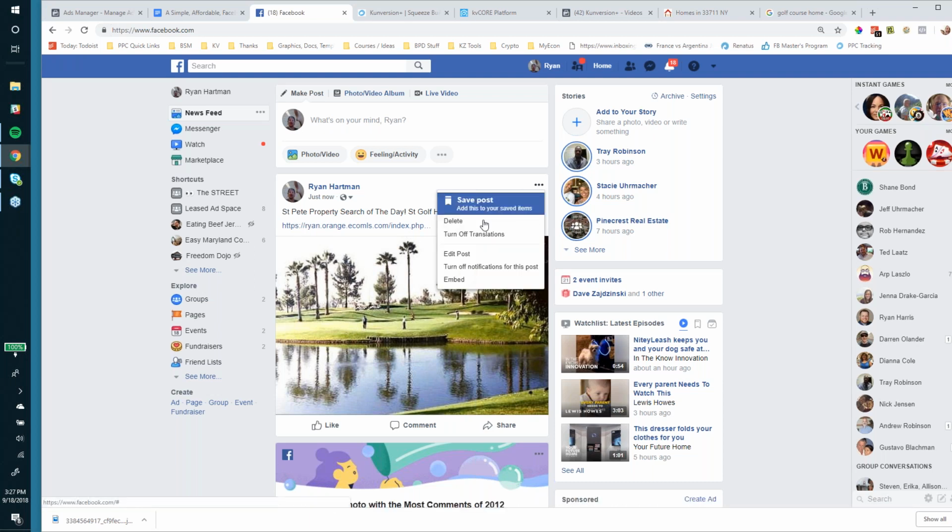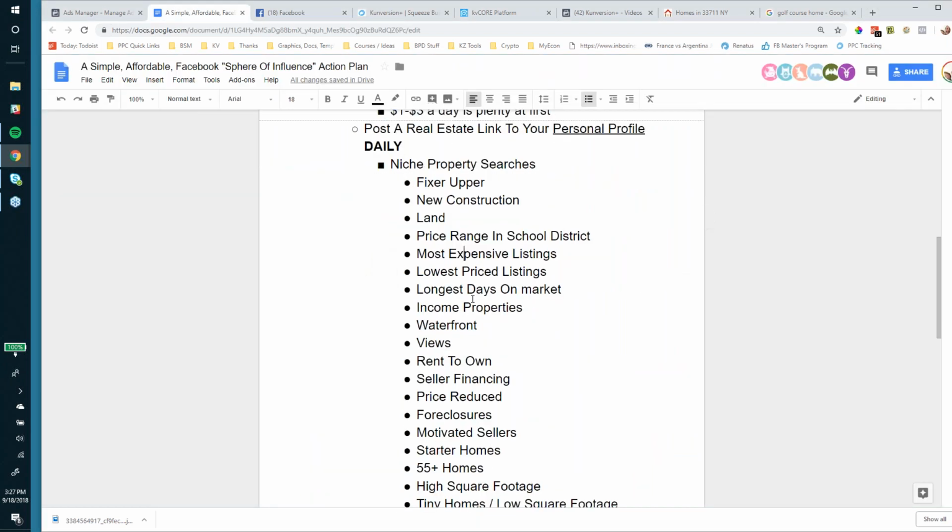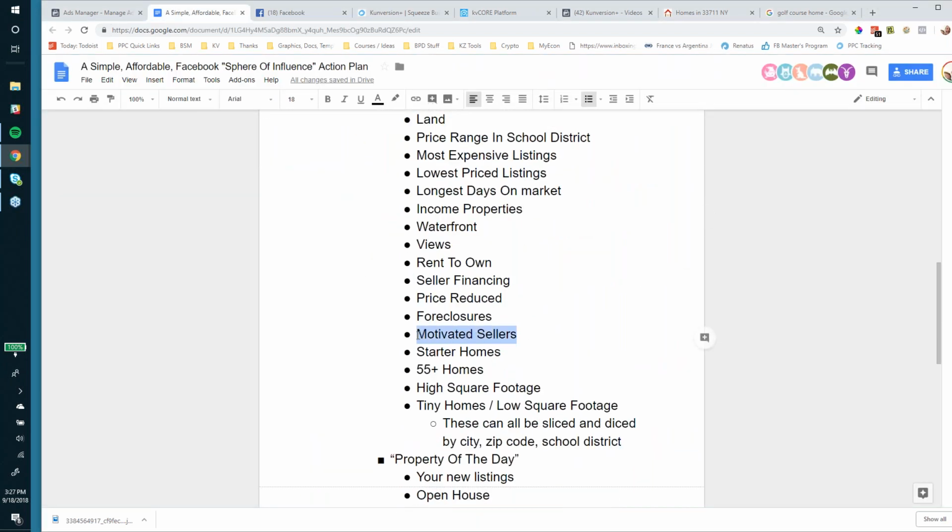So let me go ahead. There. The source can be whatever you want. There's a question about the source. You pick whatever you want. All right. So back here, we had a bunch of other examples you guys can use. Let's just do a quick one. I'm going to do motivated sellers. And this time,